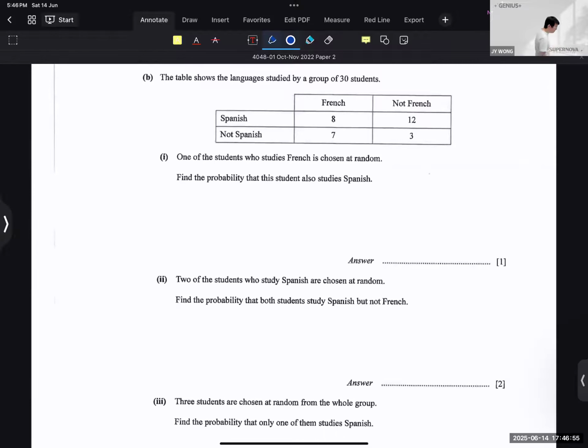9B is probability. So I can do 9B first before I do the real world application, and then we all die. 9B,